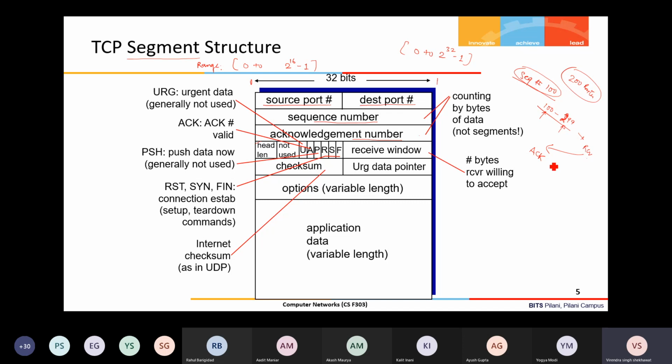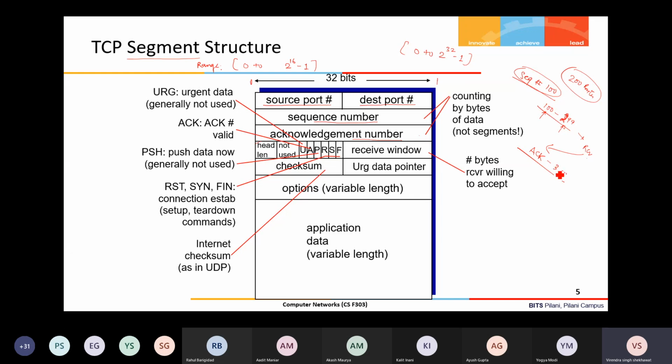The acknowledgement number field will contain 300. This indicates that bytes up to 299 are successfully received, and 300 is the next byte expected at the receiver.